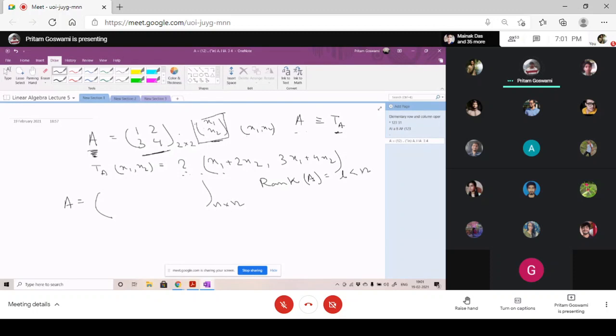So null space is not equal to 0. From where can I tell it? The rank-nullity theorem, since L is less than n. So null space is not 0 means it's not injective, and it's not injective means the inverse doesn't exist. So a matrix always has an inverse if the rank is full, right? Yes, sir.